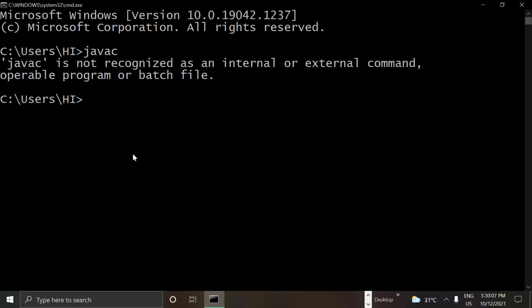So now what to do? You need to set the path to fix this issue. So how to set the path? As I said, if you are getting this message, it means JDK might not be installed and path is not set. Or you might say, no boss, I have downloaded JDK from Google and installed it in my system, but I'm still getting this, so what to do? We need to set the path. Let's get started on how to set the path.